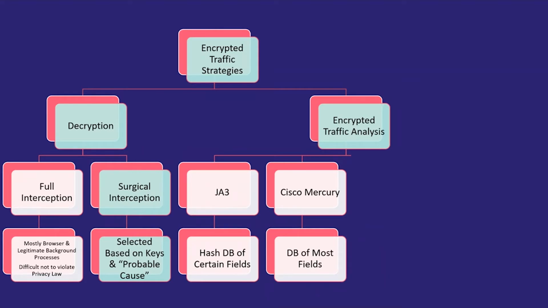Right. Cisco Mercury isn't using the hash approach. Instead, Cisco Mercury is collecting many more fields and actually just collecting the raw data and building a database out of that. And so, when we do an analysis, and again, we have some presentations that get much deeper into assessment of the accuracy of these approaches, and there'll be a little bit of updated information in Troy's presentation next week on that, right? There are big differences between Mercury and JA3. But the thing they have in common is that they're both databases, right?